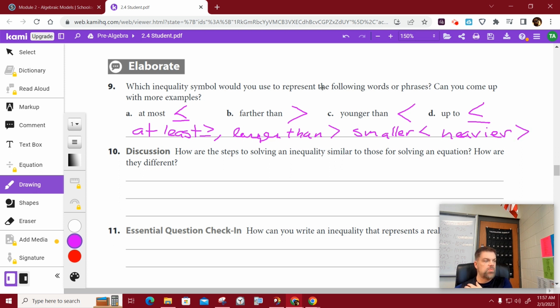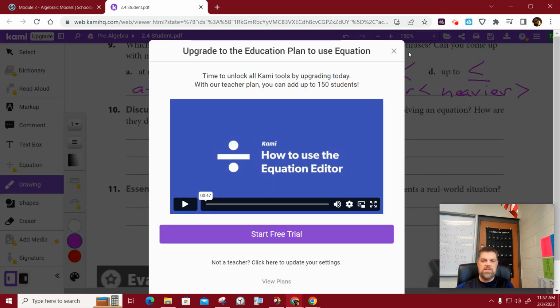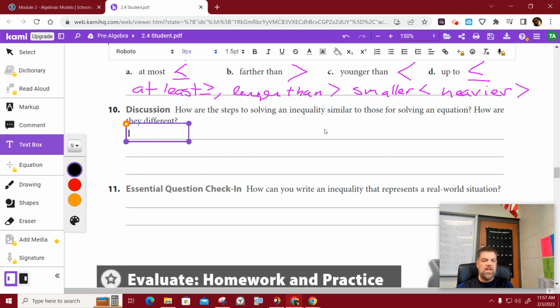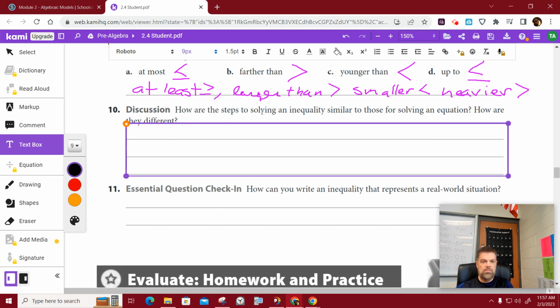Okay? Let's do problem number 10 real quick. I might type this one out because we're going to need a lot of words for this. So it says discussion. How are the steps to solving an inequality similar to solving an equation, and how are they different? Well,